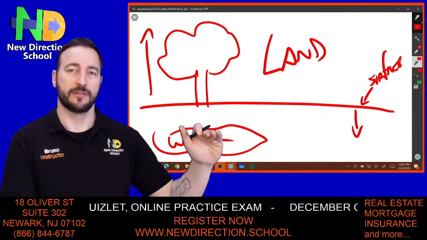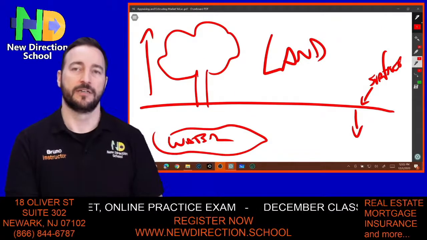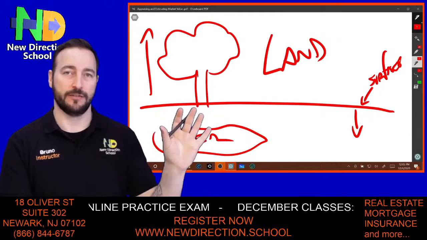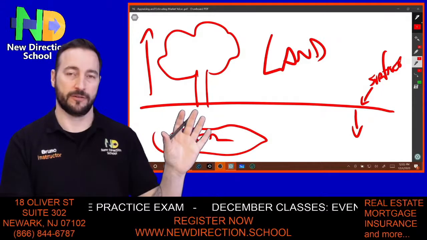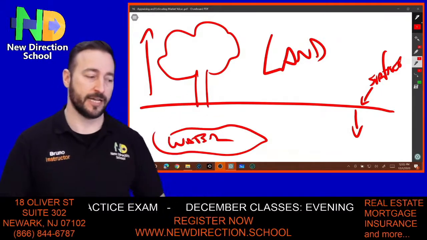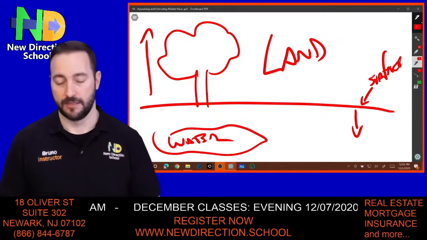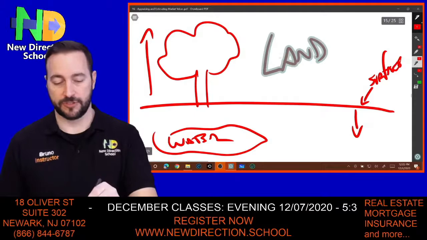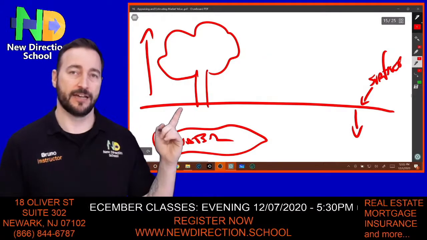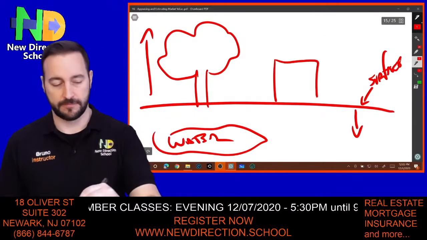The surface, below, and above. Whatever is naturally placed on the property is called land. Okay, land. That's it. Where real estate, the definition of real estate, is land plus